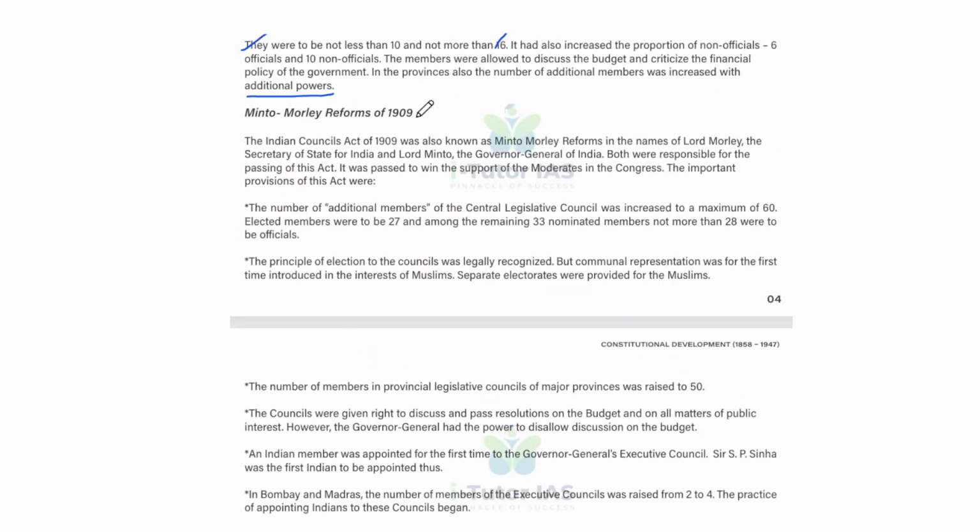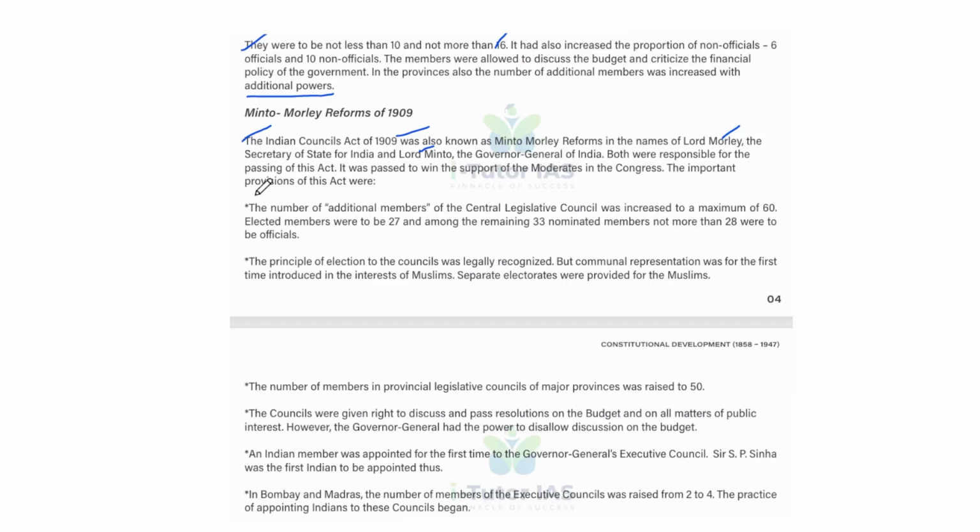Next is the Minto-Morley Reform. That's also the Councils Act of 1909. Okay, so it's called Minto-Morley after Lord Morley, the Secretary of State for India, and Lord Minto, who was the Governor General of India. That's why it's called the Minto-Morley Reform. Both were responsible for passing this act, and it was passed to win the support of the moderates in